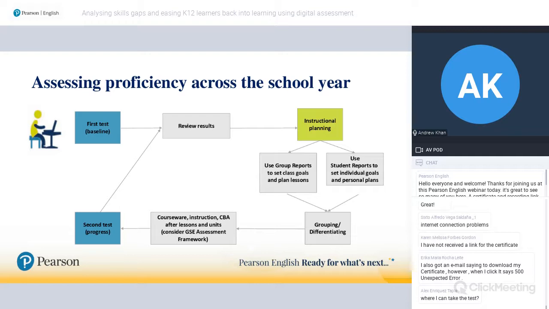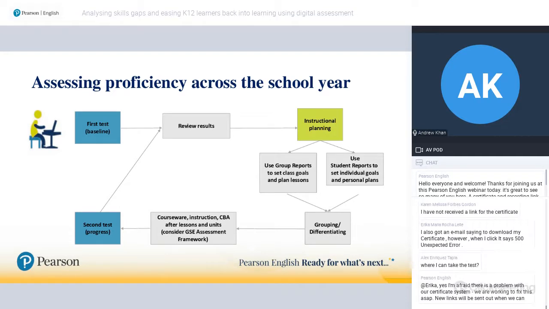Another nice factor is that you can use those results to group or differentiate in your classes. And that's, I think, really important for bigger classes. You might have 2 or 3 learners who are fantastic at reading and 2 or 3 learners that are not doing so well in reading. You can get them to work together so they can potentially help each other. And again, a nice way to use that data meaningfully in class.